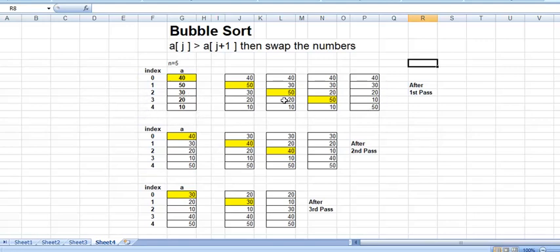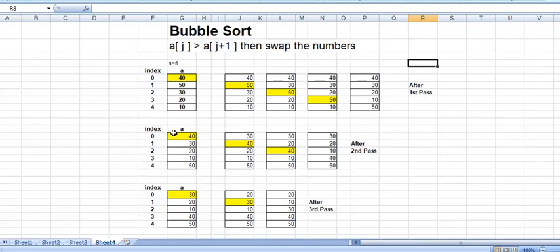Now this is called one pass. One pass means we started from index location 0, then 1, 2, 3, one less than the last index value. So after one pass, what has happened? The heavier element, the element with the highest value, settles down to the bottom. Now you can see the highest number is in the desired position. Because we are sorting in ascending order, we can see that at the highest index location the largest number is already in place, after one pass. Again we will do the next pass.